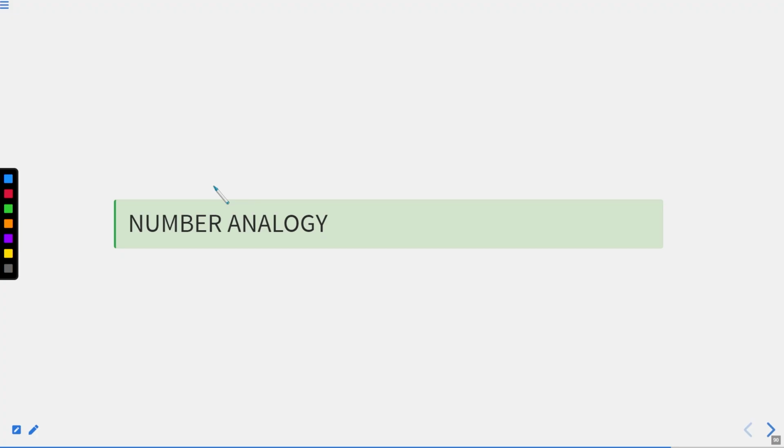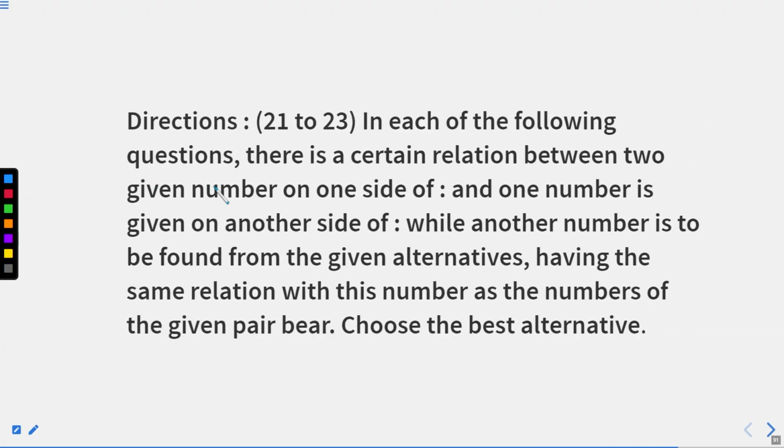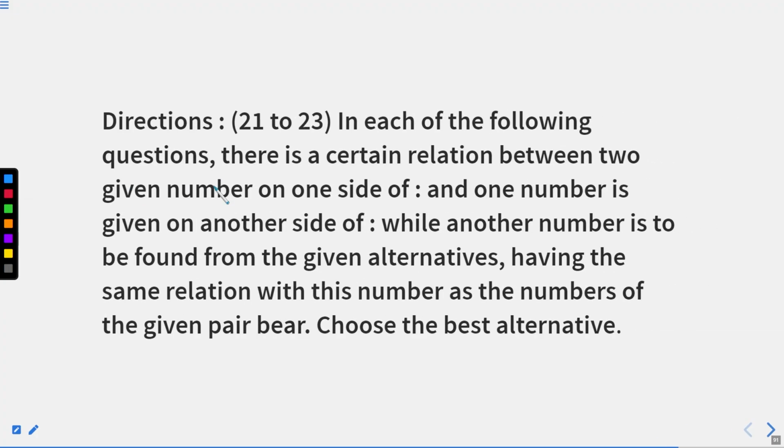So in this part also, we will follow a certain relation. First, we will derive the relation between both of these. As soon as you are able to derive the relation, you are able to implement the same in the question part and get to the answer, right? As the procedure is the same, I am directly skipping to the question part after reading this instruction, the direction for question number 21, 22 and 23.